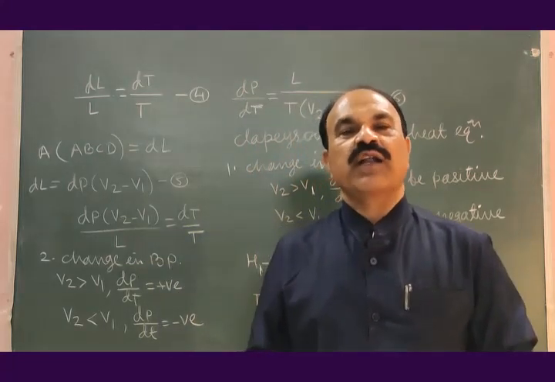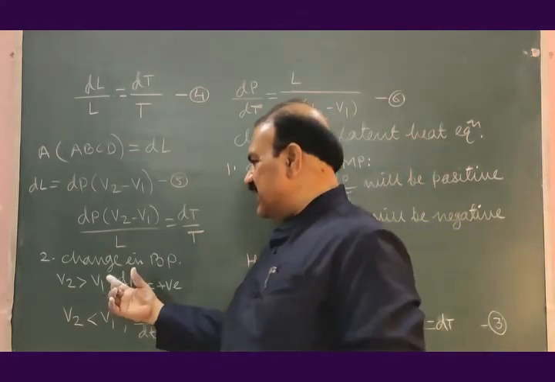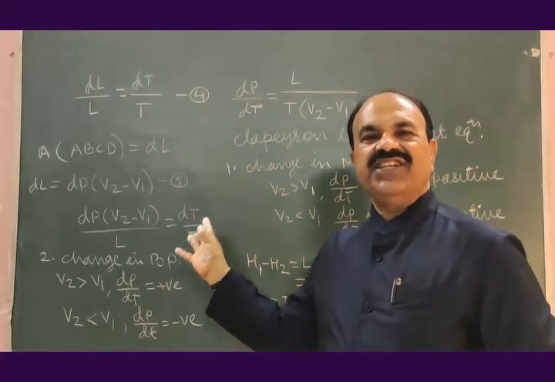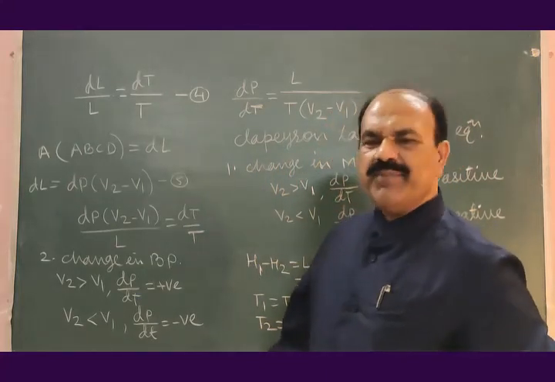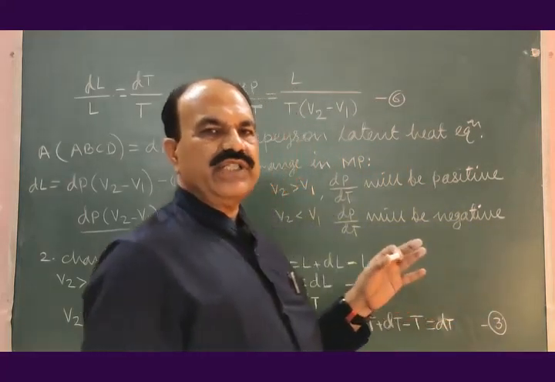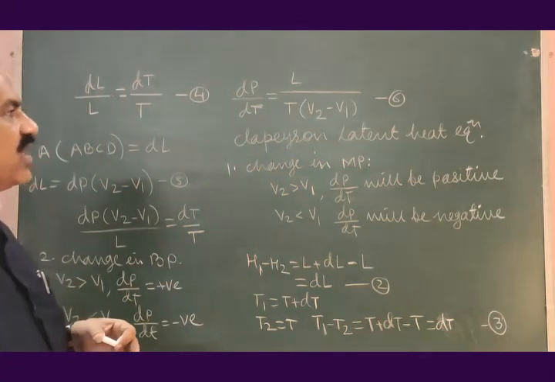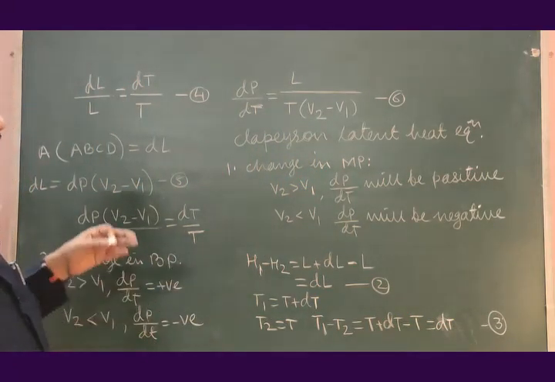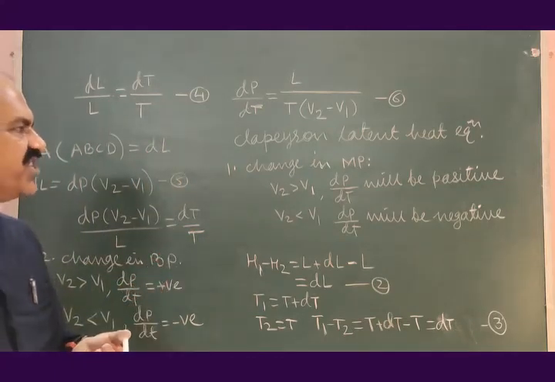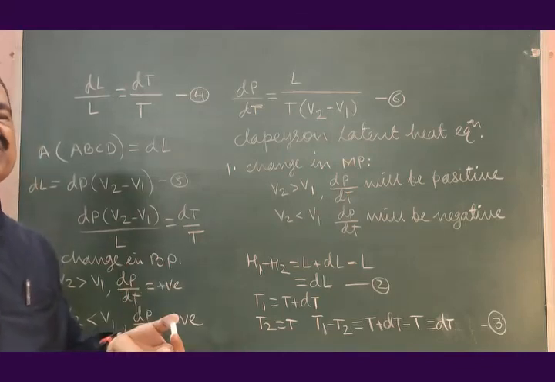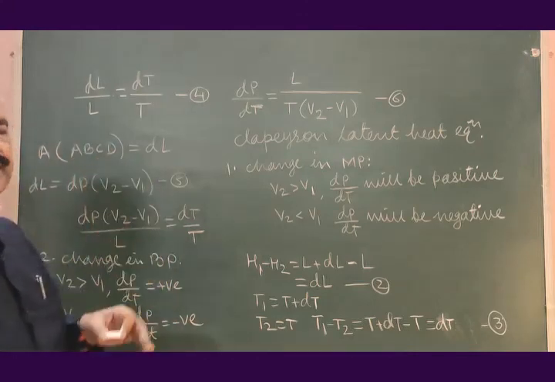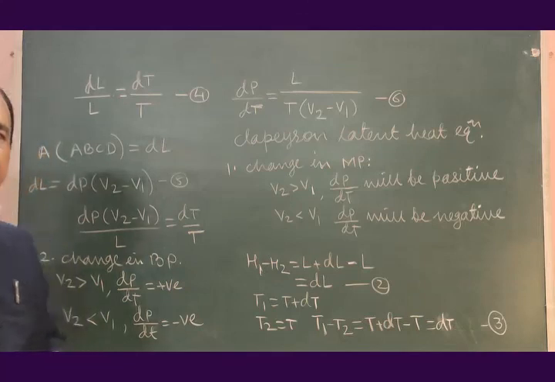Invention of the cooker for fast cooking is a significance of Clapeyron latent heat equation. Many things can be told about this, but it is sufficient. Hope you got the idea of Clapeyron latent heat equation, its consequences or significances on changing the melting point and the boiling point of solids and liquids. Hope you got everything, because everything is explained and solved in detail.